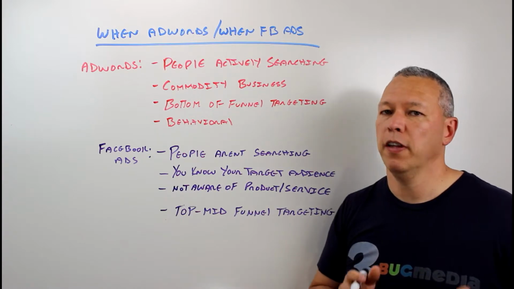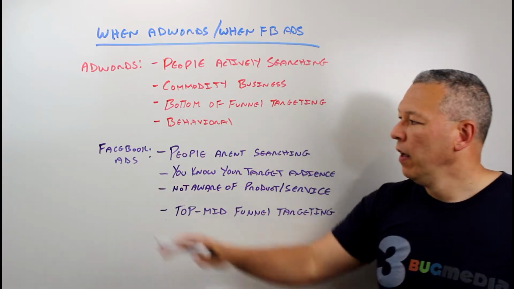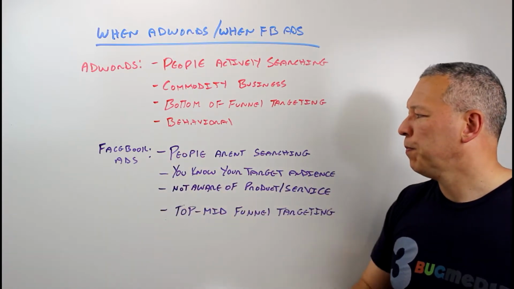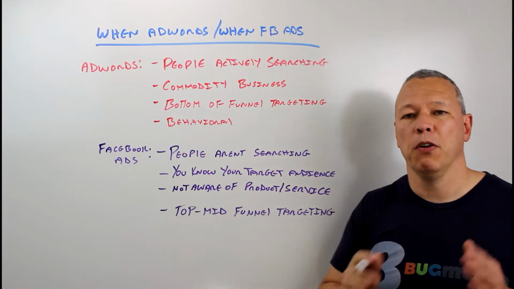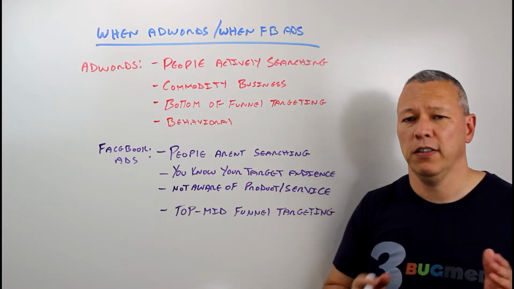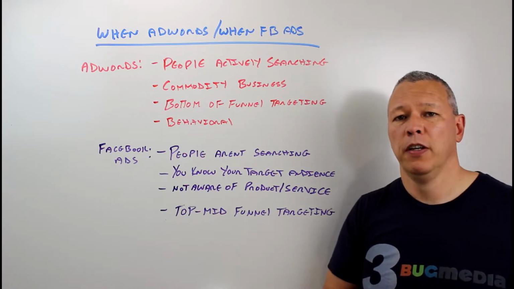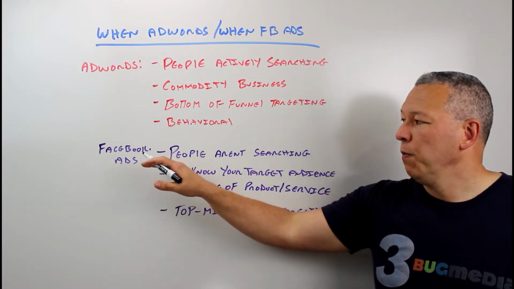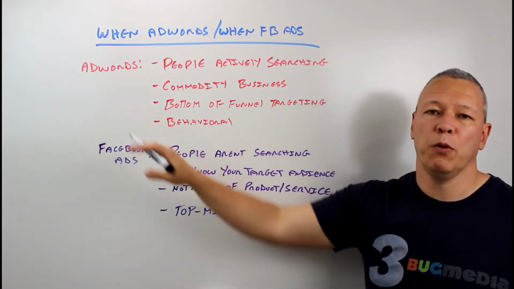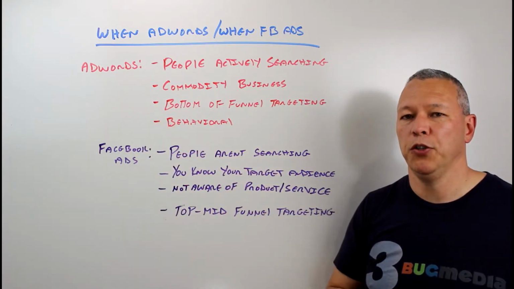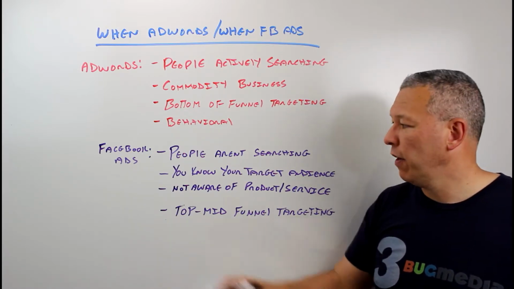And that's much different than the Facebook ad platform, which we're going to drop into now. When it comes to Facebook ads, people aren't actively searching online. So people don't go to Facebook and start searching for a dentist or a plumber or a real estate agent, things like that. They're there to socialize, okay? So that's a huge difference between Facebook ads and Google AdWords: people aren't identifying themselves. You actually have to identify them and go after them to get your ads in front of them.